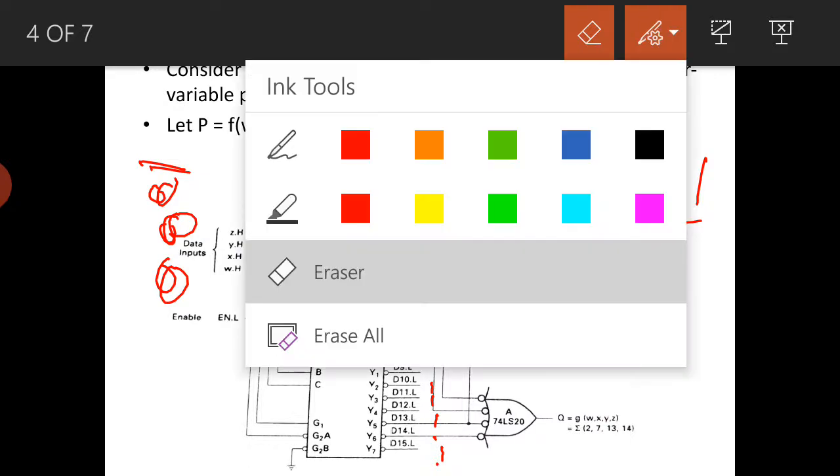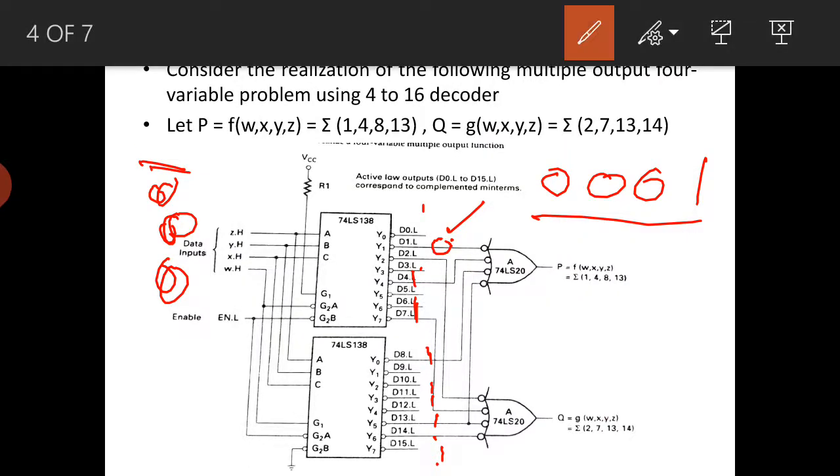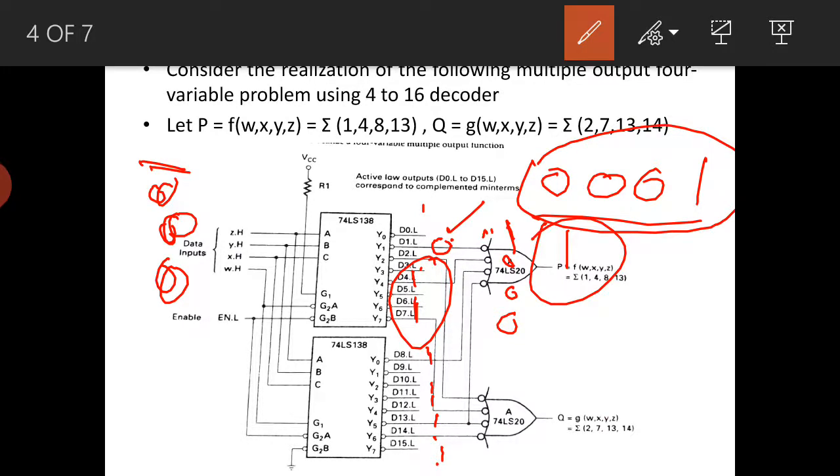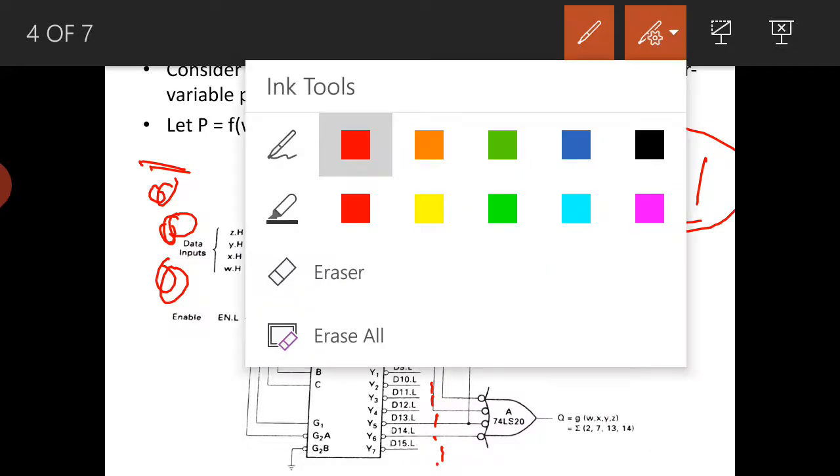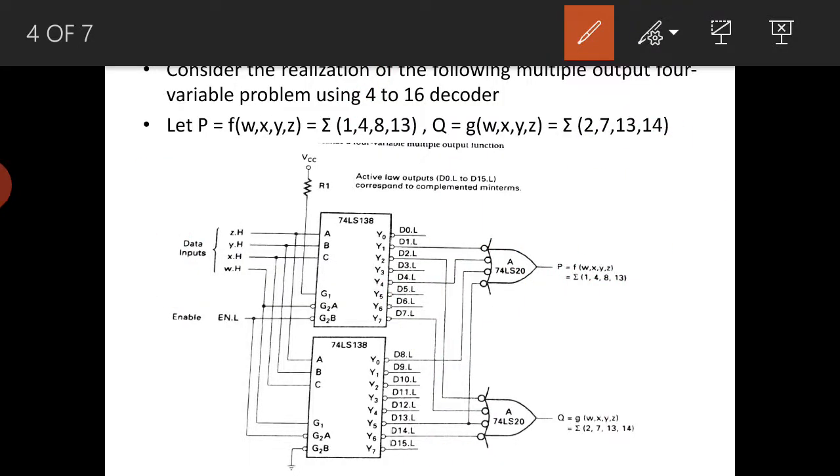So that one output is 0, and after the bubble it becomes 1, while all the others are 0 because all other inputs are high. So 1 0 0 0 into the OR gate gives 1. So for the 0 0 0 1 combination we are getting the output as 1, that is active high for this minterm. Similarly, we can check for this function.